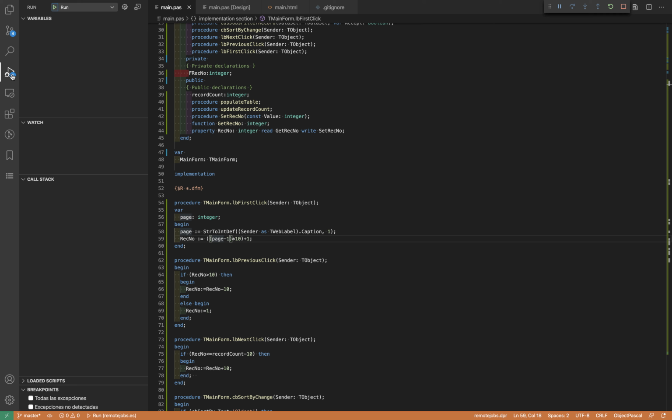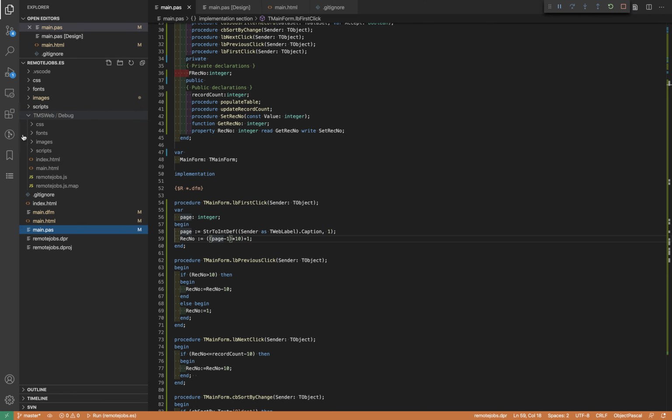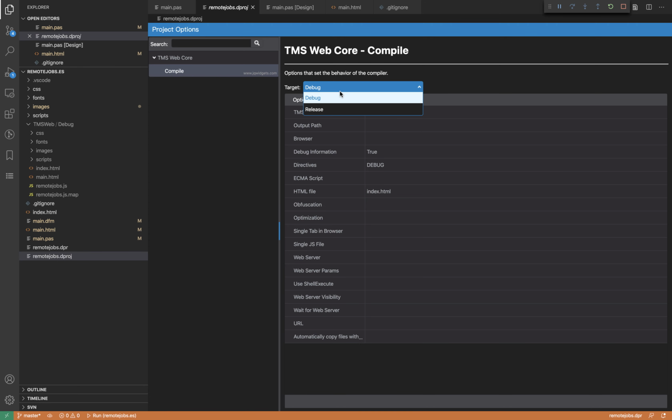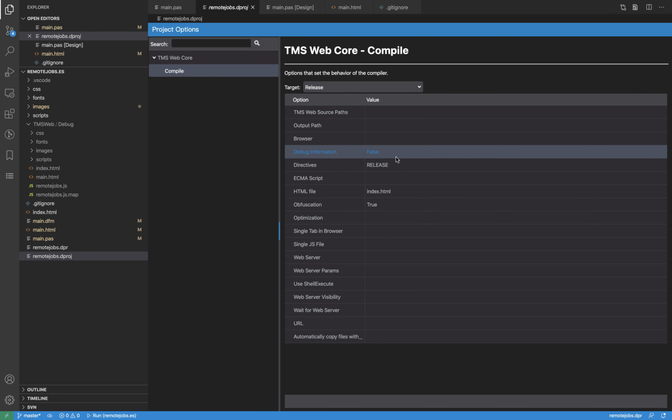What you need to do is to compile for release mode, and this is easily done if you run your application without debugging information. Okay, if you check on the release, there is this parameter that is set to true by default, which is the obfuscation. The goal is that the JavaScript output is hard to inspect or to crack or whatever.